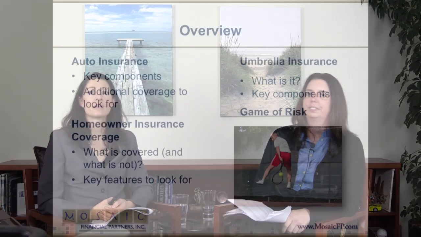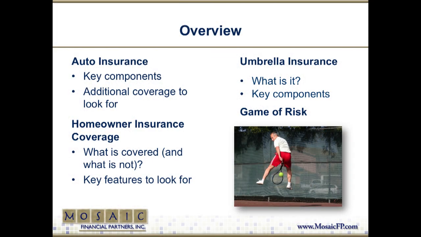So property and casualty insurance has three major types: auto insurance, homeowners insurance, and umbrella insurance. We'll be covering all three of them today. We're going to go through, for each of them, what it is, why you need it, how much you need. We're going to talk about some recommended features beyond the basics. We'll also be sprinkling in some stories about claim examples, which will be entertaining and also help you better understand what insurance can provide. And at the end, I'm going to put Jill in the hot seat for a game I like to call, What Insurance Would I Wish I Had If One of These Modern Day Events Happens to Me? So let's get started with the first of our three property and casualty insurance topics, auto insurance.